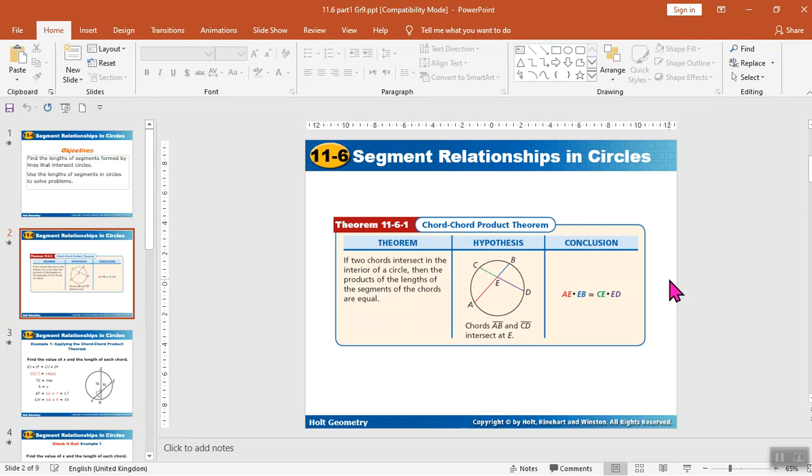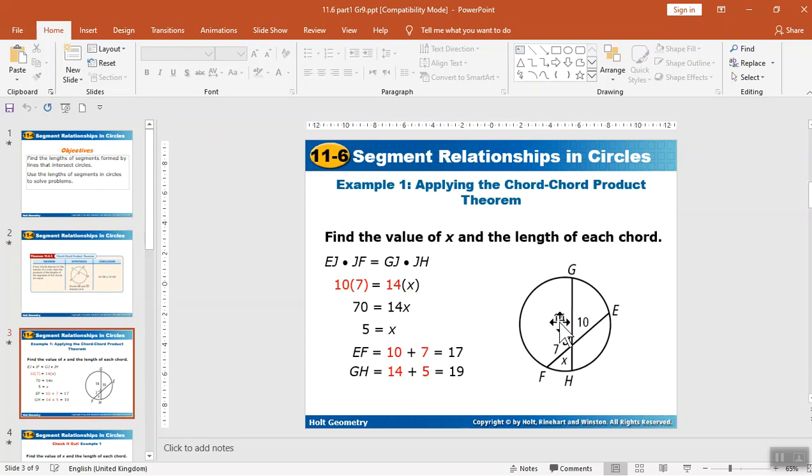It is so easy when we translate it in a mathematical way. Look here: if we multiply AE times EB, it will be equal to the product of CE times ED. So the product of the parts of each chord is equal to the product of the parts of the second chord. Now our first example